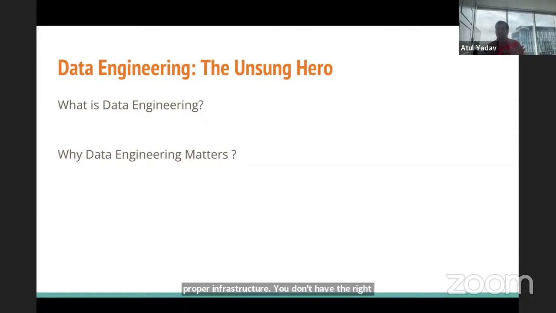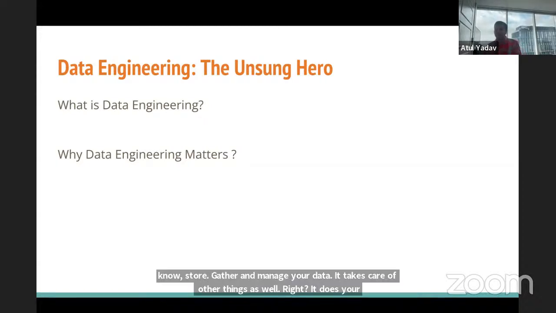So that can bring the uncertainty to your AI and ML project. Okay. So this is where data engineering plays a very important role. And data engineering is not only just to store, gather, and manage your data. It takes care of other things as well, right? It does your